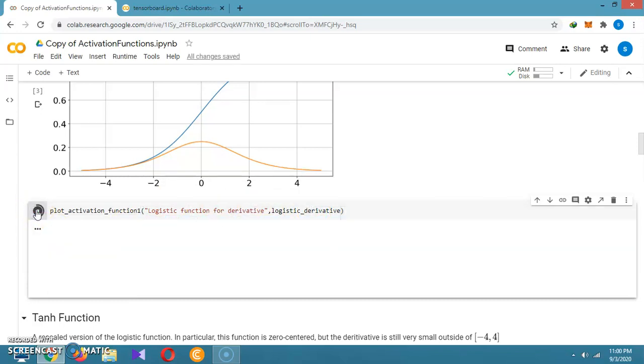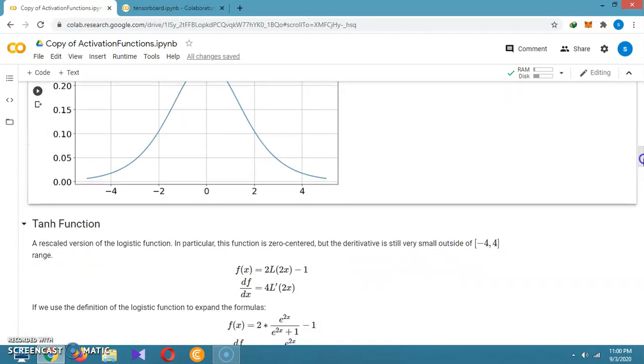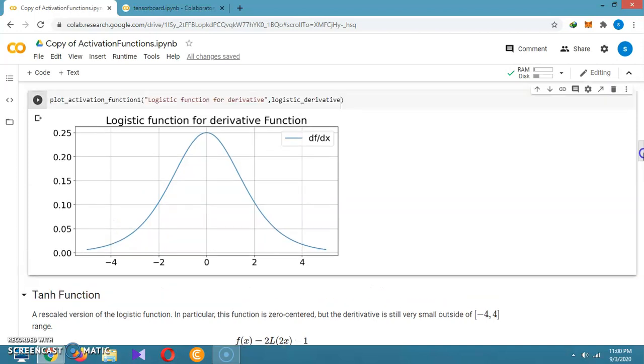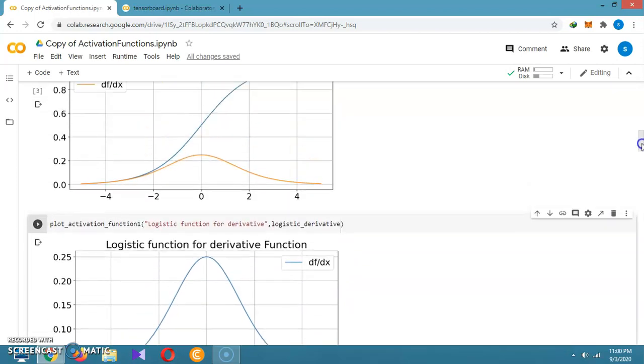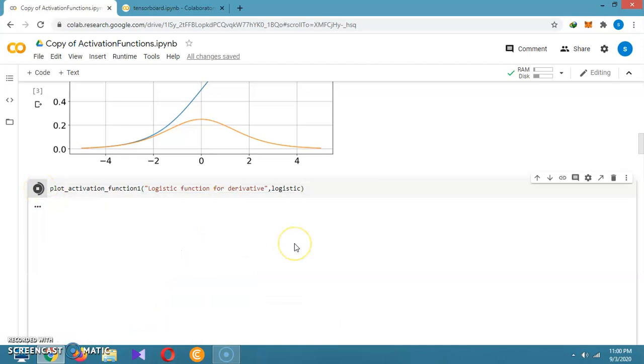So after that I am just giving the function name and passing a single function. It will go to the output in such a way that, okay, it is giving us the output, and as it is in the range of -4 to 4, that's why it is printing in the -4 to 4 range. If I am using only the single function name logistic, will it print or not?